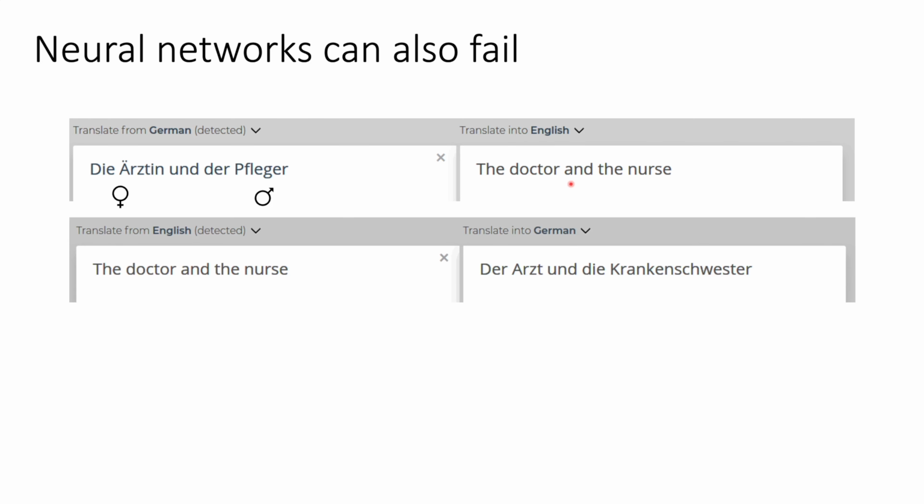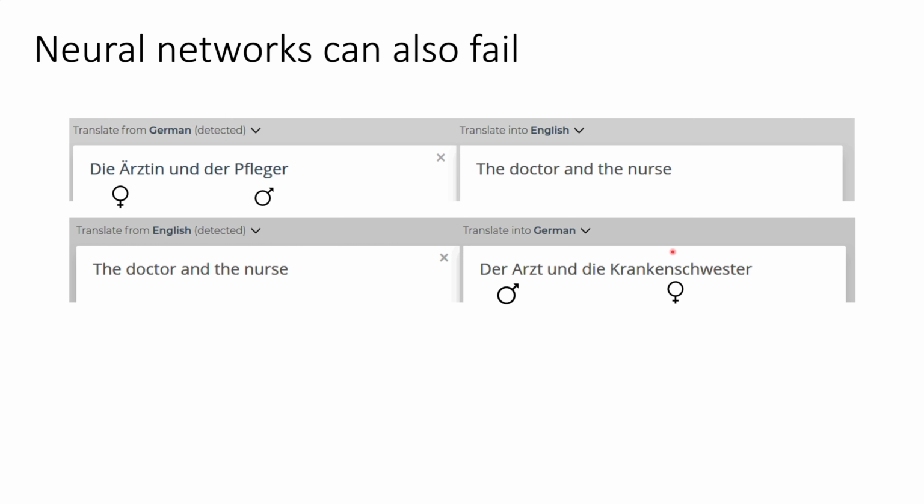But it becomes problematic if we translate in the opposite direction. Now we have the doctor and the nurse in English, and we translate it to der Arzt und die Krankenschwester. Now this is interesting because we have a male doctor and a female nurse. And it is still a valid translation, especially because the system didn't know what genders we wanted, and it needed to assign a gender, so it just picked something arbitrary. But maybe that is not that arbitrary,